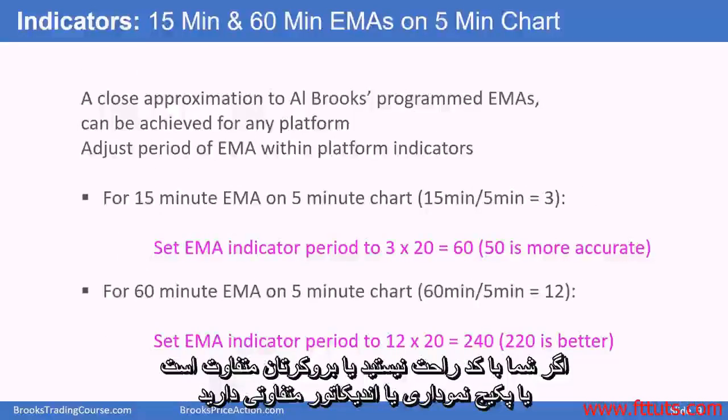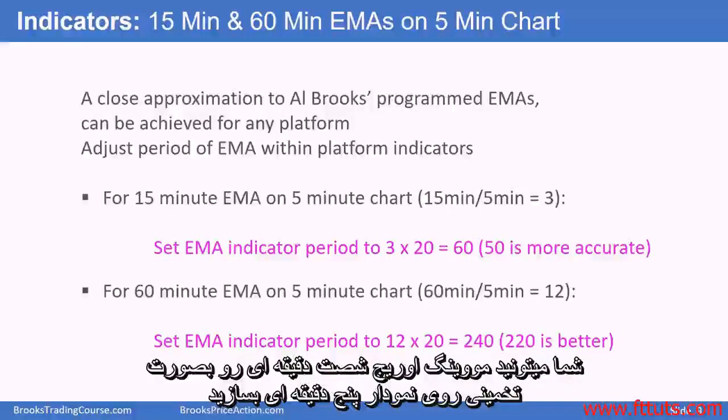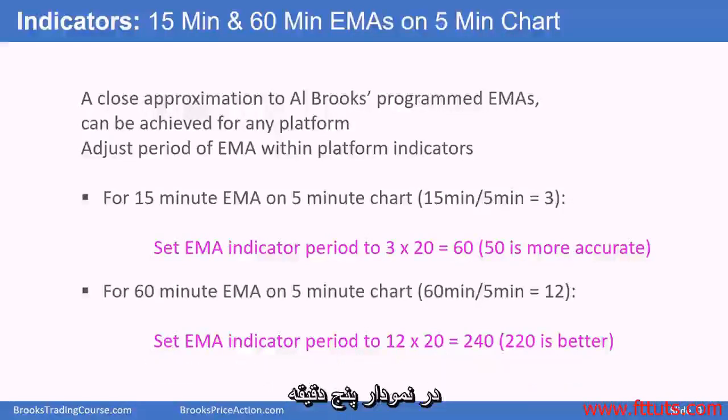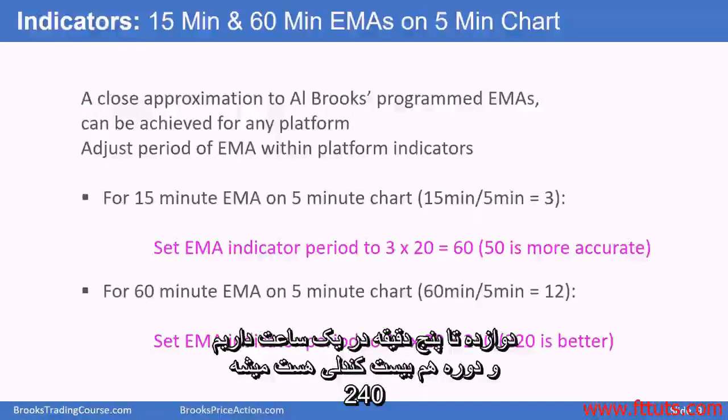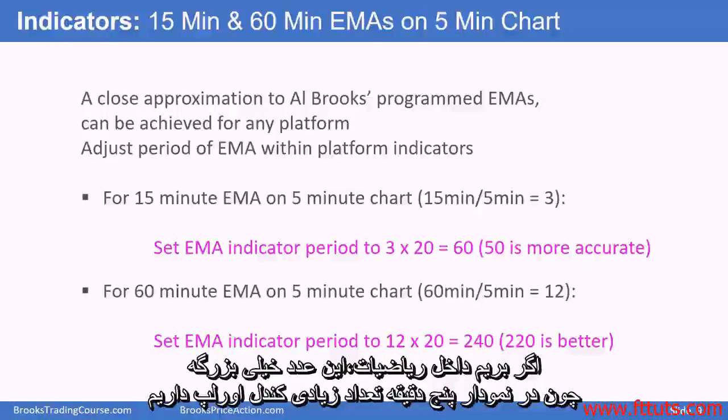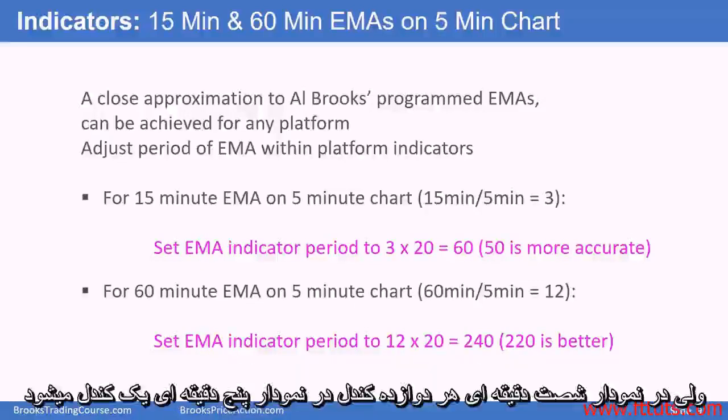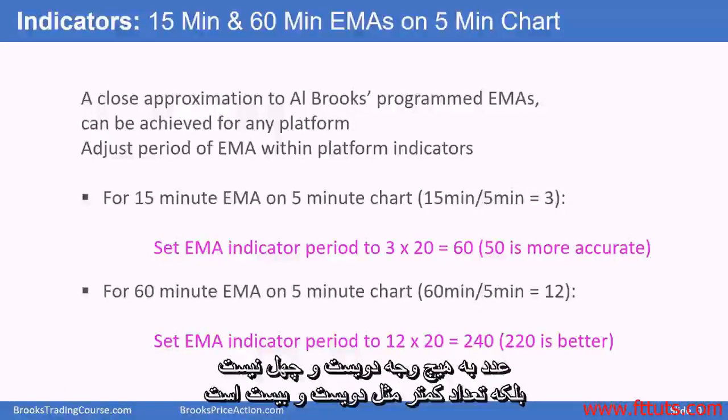If you're not comfortable with code, or if you have a different broker and a different charting package and different indicators, you can approximate the 60-minute exponential moving average on the 5-minute chart by using, on the 5-minute chart, an exponential moving average set to 240 bars. There are 12 5-minute bars in an hour times 20 bars, so 240 bars on the 5-minute chart gives an approximation. Without going into the math, that number is always too high because on the 5-minute chart, you have a lot of overlapping bars, and the 60-minute chart only looks at every 12th bar on the 5-minute chart. So the number is never